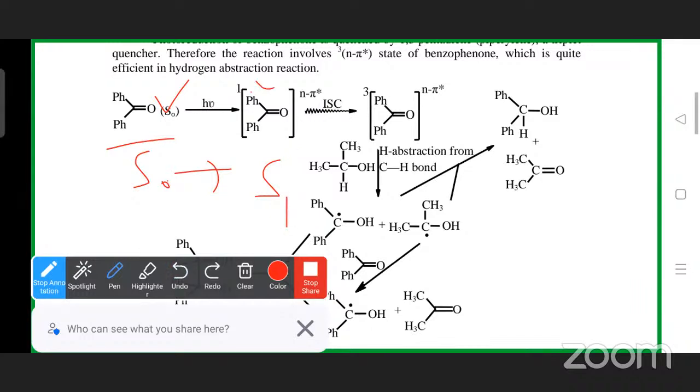Then further, it undergoes ISC. ISC means intersystem crossing, because here the benzophenone,